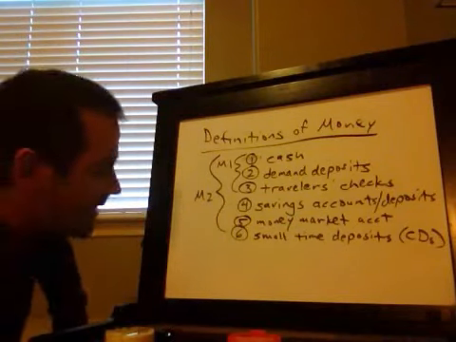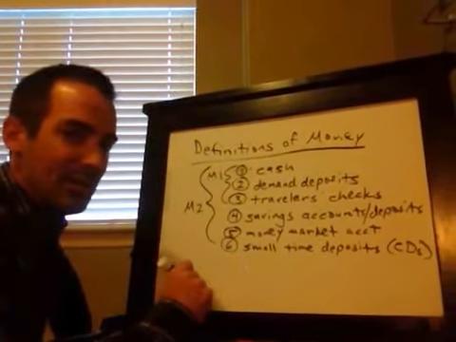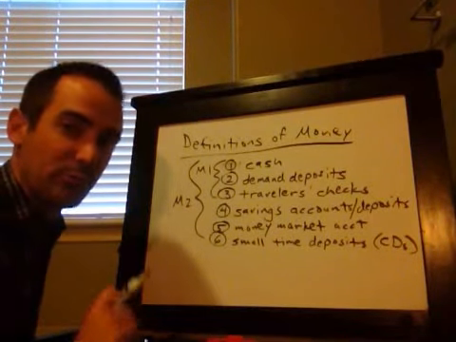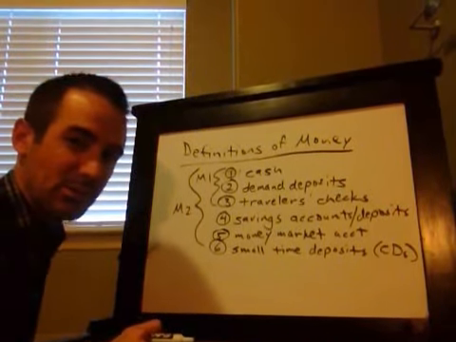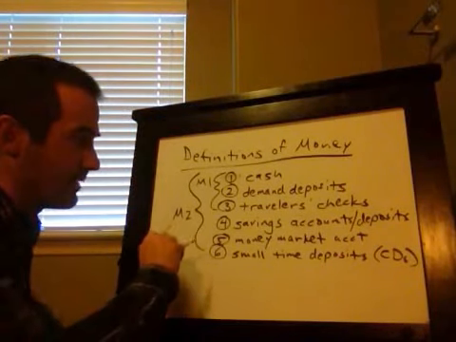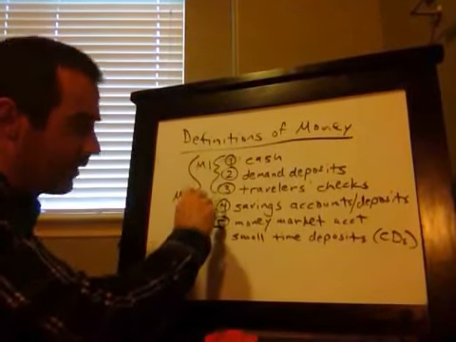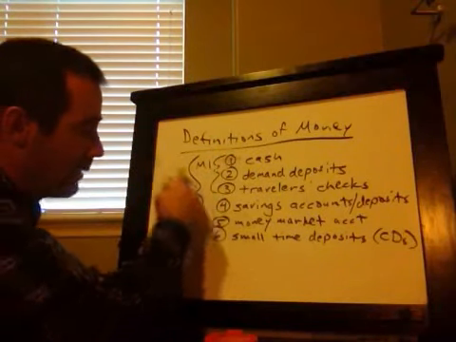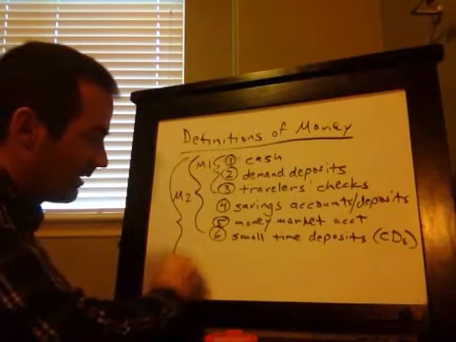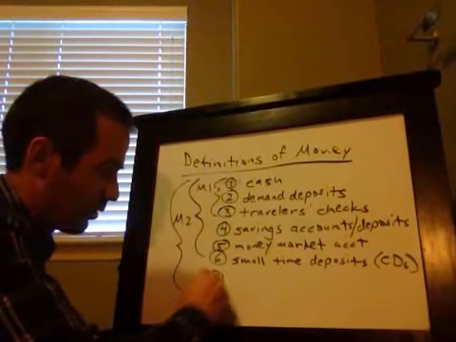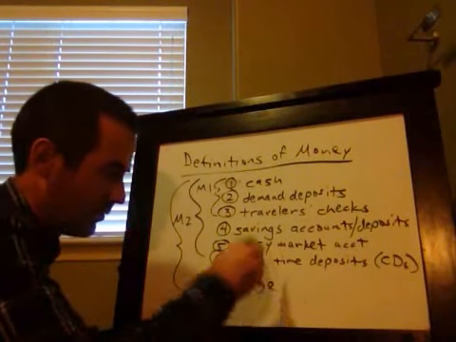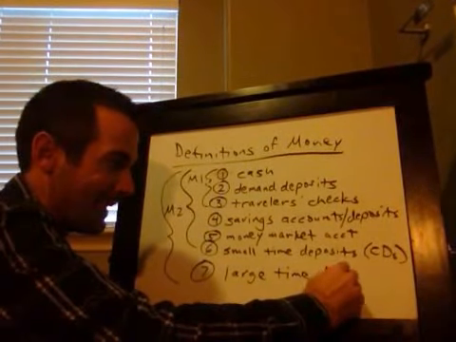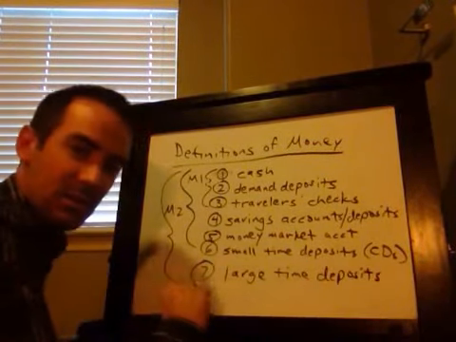And then, of course, there's M3. Now, M3 is falling out of use. The American central bank, called the Fed, which we'll learn about later, doesn't calculate and publish M3 anymore. M3 is all the things in M1, and all the things we have so far, so all the things together here are M2, plus one more thing, which is large time deposits. Now, these are so large that they are even harder to make into cash or a checking account that you can then spend.